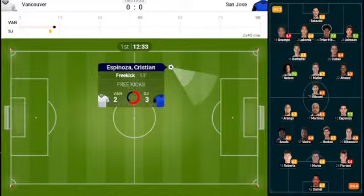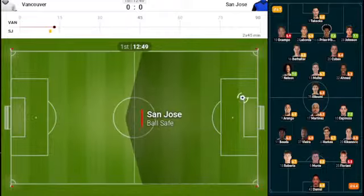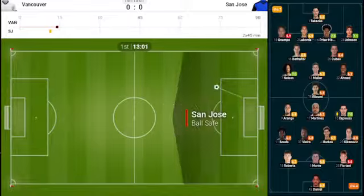Here's the chance for Vancouver. It was good interchange play between Alumi and Mueller from inside the D has Danielle at full stretch. Fantastic save from Danielle, who was superb in the game against San Diego last week to keep the clean sheet. But there's the good body positioning from Johnson, and then just a little heavy there from Espinosa to take the youngster down. 12 minutes in here at BC Place. First yellow card of the evening